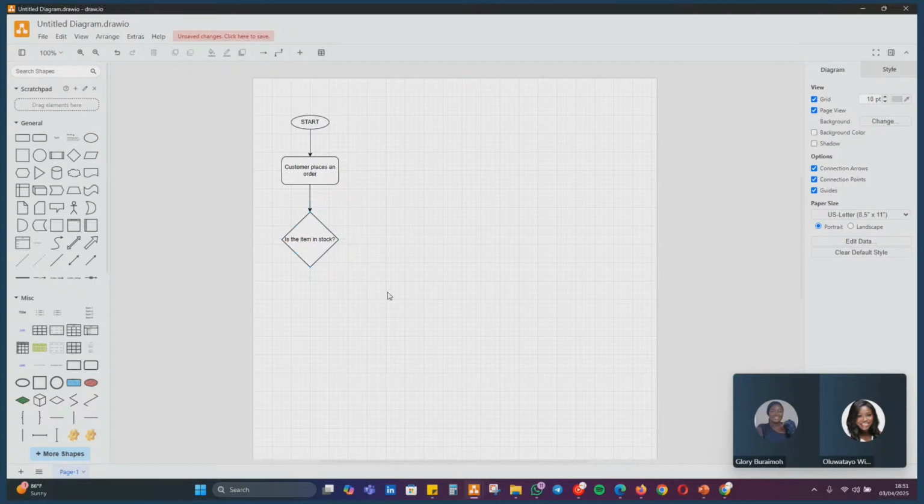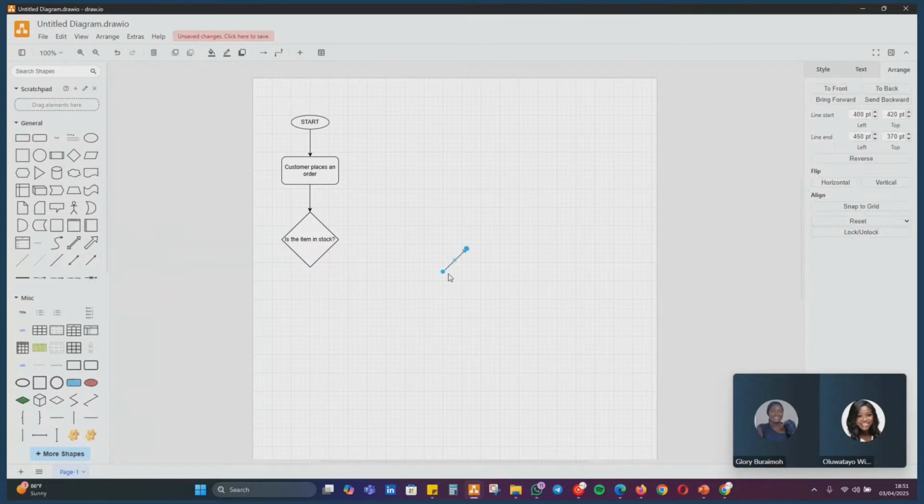So is the item in stock? And whenever you draw a decision box, more often than not there are two outcomes for every decision, either a yes or no. So you need to represent a yes or no with two arrows coming out of the decision box. So for no, if the item is not available, we come here,